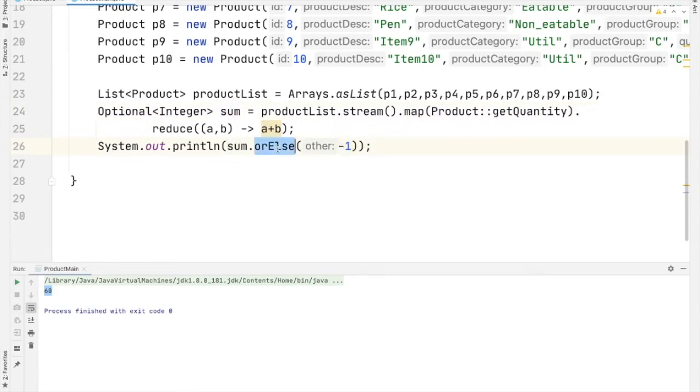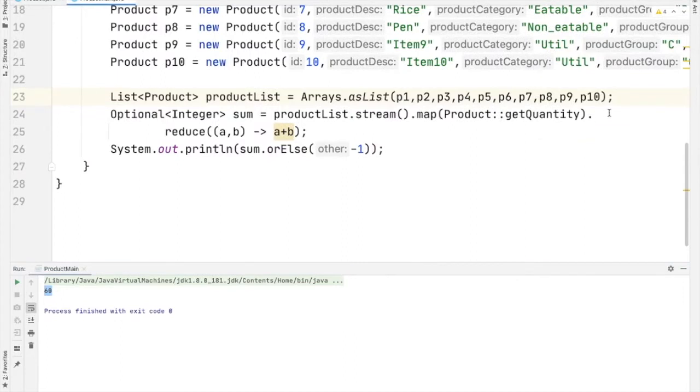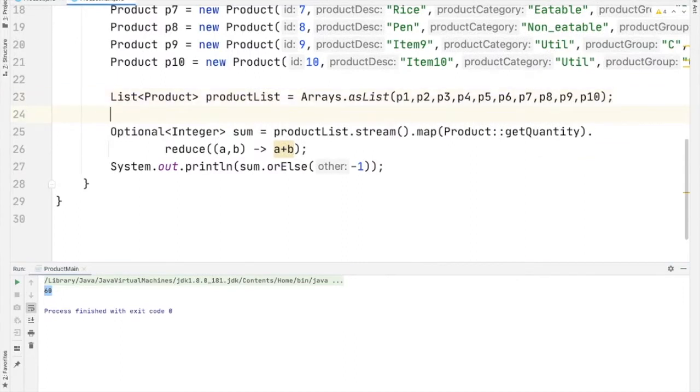This or else method will give the value if the result is there, otherwise it will print this default value. So let us run and see what is going to happen. So here also we got the 60 as output. Let us give a heading. Reduce using accumulator.